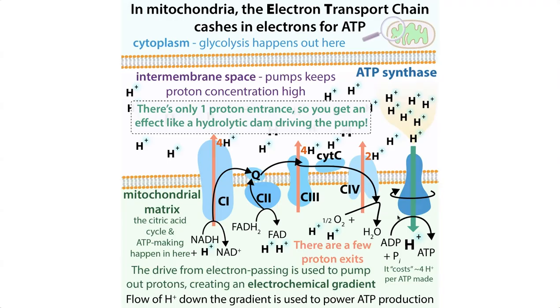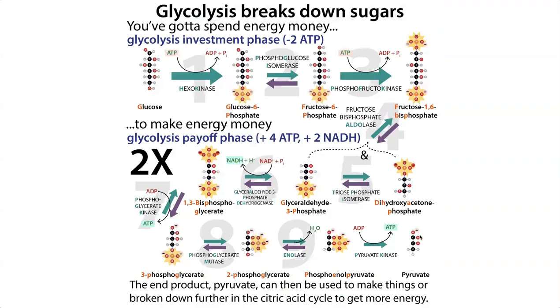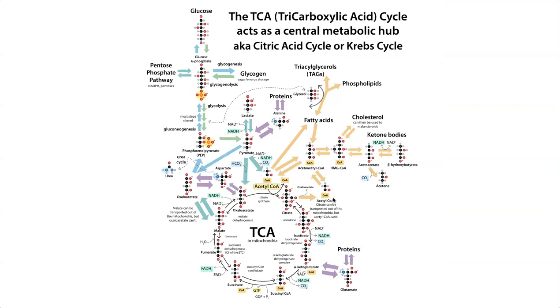These 2 NADH are what are actually going to give us the bulk of the energy from the glucose, from the glycolysis part of it at least, but we need to take those electrons into the electron transport chain. There's still a lot of energy held in the pyruvate that's at the end of glycolysis, and so next we're going to later look at how we can take that pyruvate further, how we can bring it through the tricarboxylic acid cycle, the TCA, the Krebs cycle, citric acid cycle, there's multiple names for it,